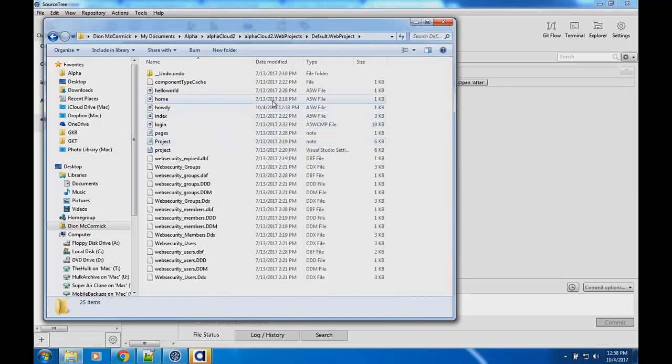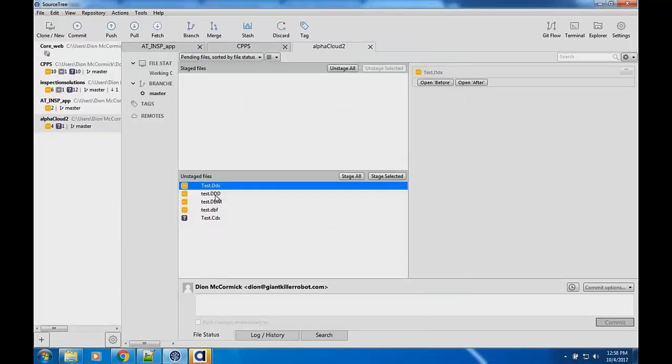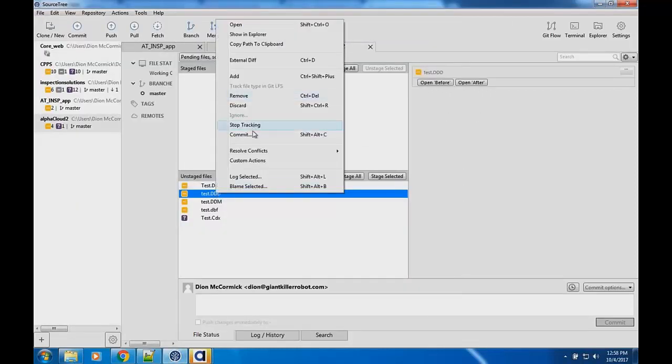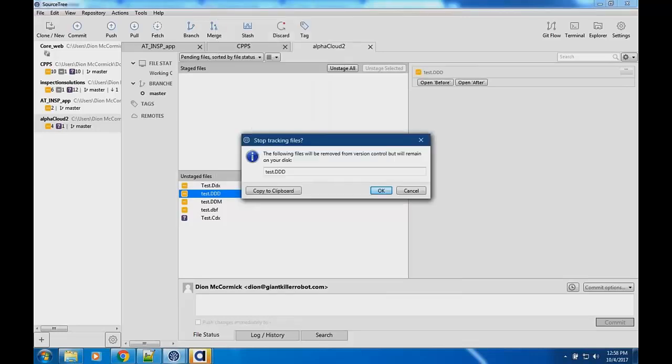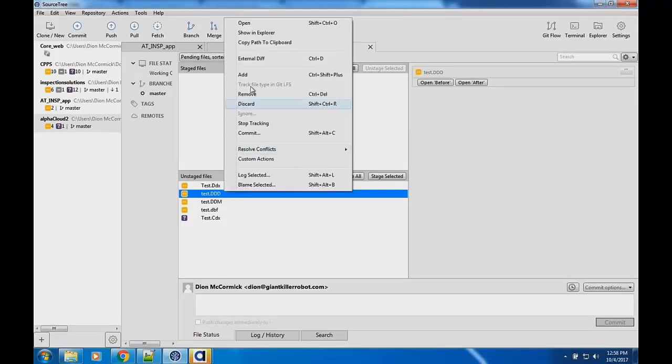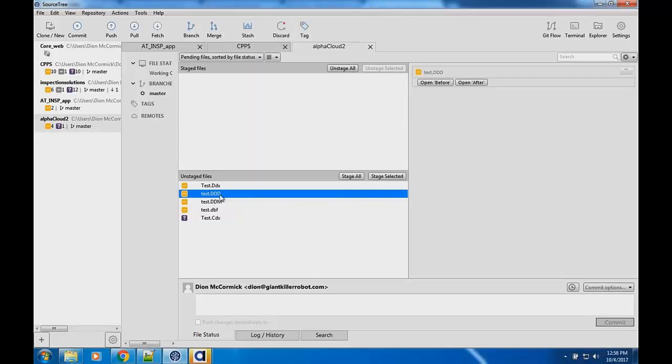And yeah, it'd be nice if it, and that may be what they're working on in terms of making things source control. But it's really easy. When you're in source control, you can go into here and just say stop tracking. You can even say it's going to be removed from version control but remain on your disk. The other thing you can do is what's called an ignore. What the ignore does is say, okay, anything with a .ddd, ignore. Anything with a .ddm, ignore. So it allows you to ignore these different files that are associated with that. So cool.